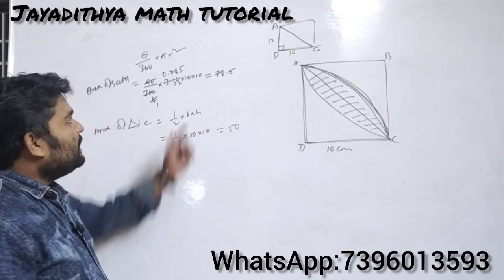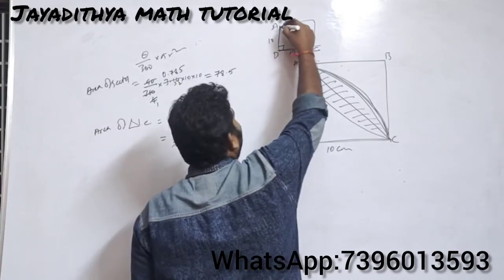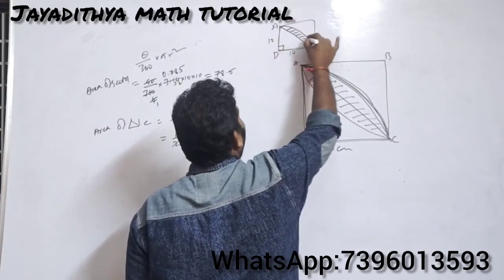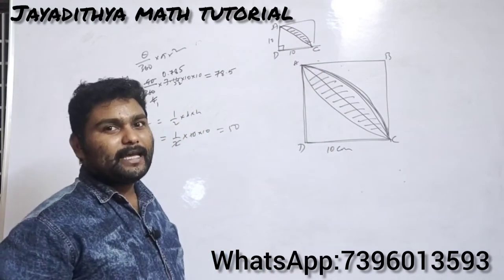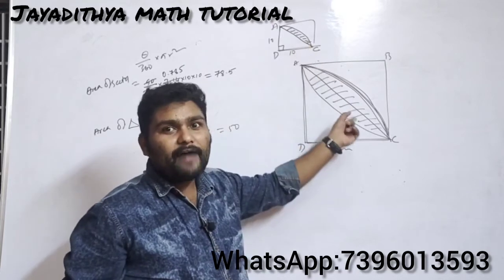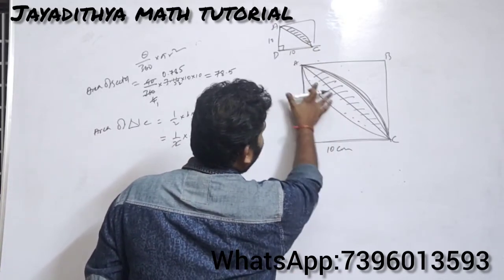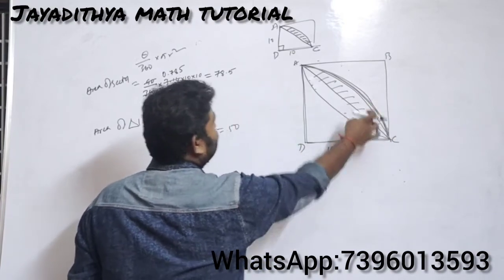50. Right. If you subtract the triangle from the sector, what area will you get? So you will get this part now. You will get that segment area. That means it is half of the shaded part here. That will be half of the shaded part in the original figure. See here, you will get this part.